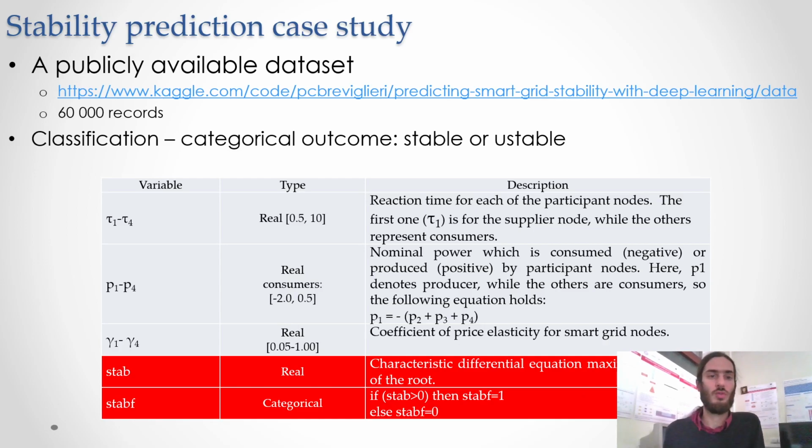For case studies, we use two publicly available online datasets. The first one is stability prediction case study, which actually represents 16,000 records, and we have a set of inputs presented here. Classification approach is used due to categorical outcomes, which can be stable or unstable. So the input factors are reaction time for participant nodes, nominal power, coefficients of price elasticity, while the output is